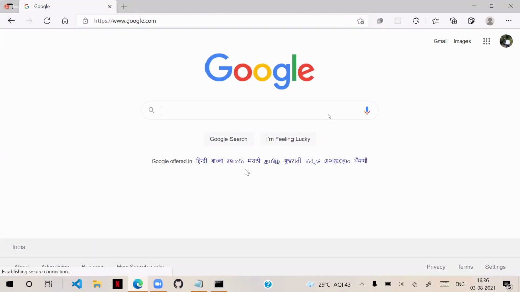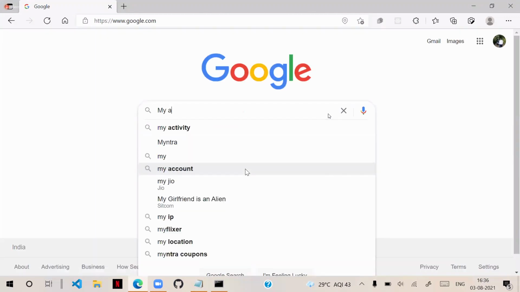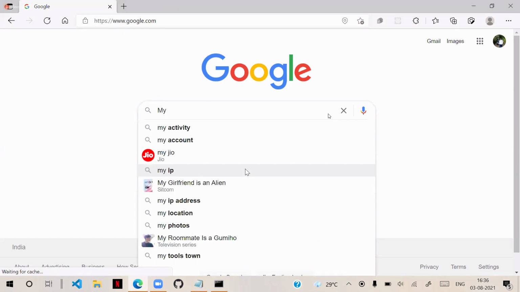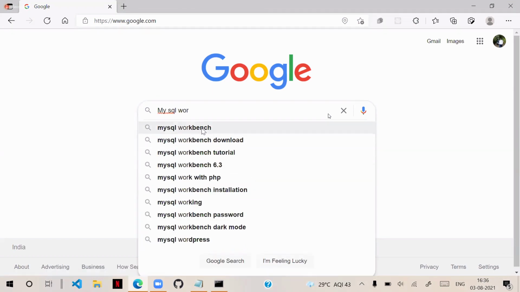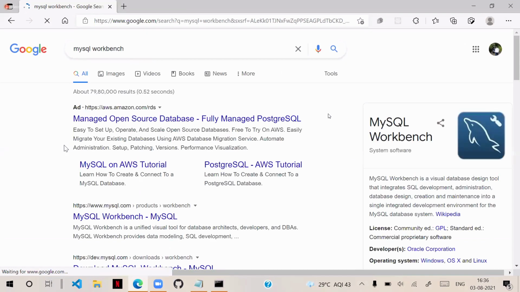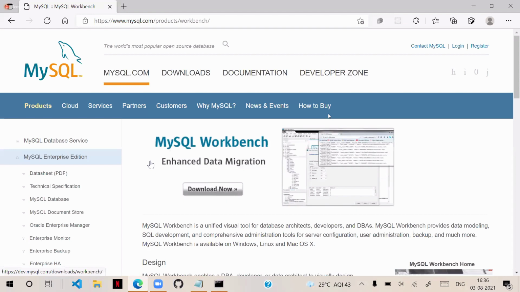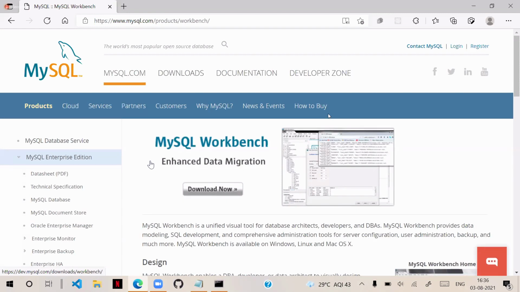You can search for MySQL Workbench. This is MySQL Workbench. You can download it free.